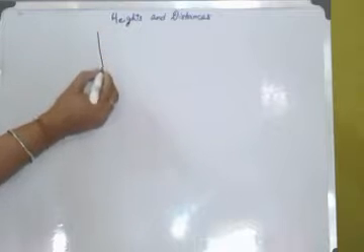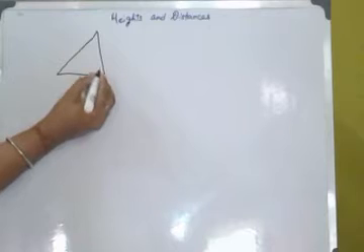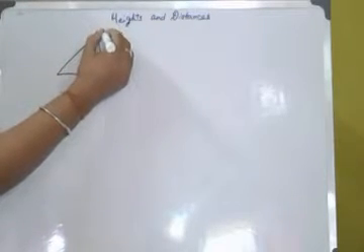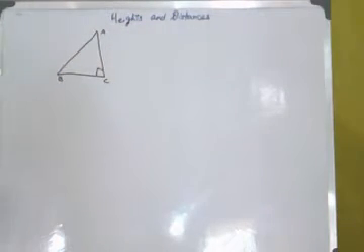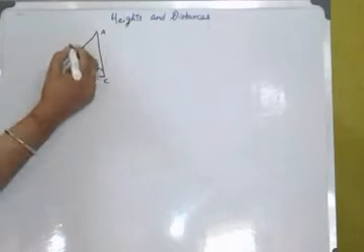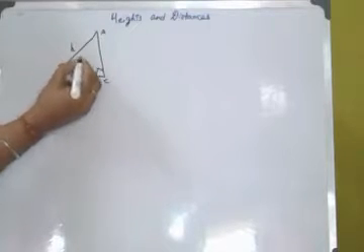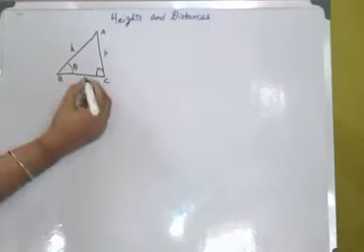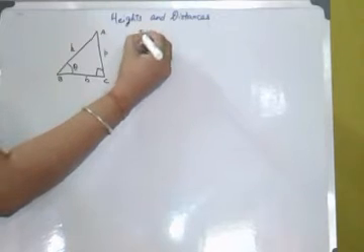One is sine. Suppose triangle ABC is a right angle triangle, with the side opposite the 90 degrees being the hypotenuse. If this angle be theta, then the side opposite angle theta is the perpendicular and this one is the base. Now sin theta means